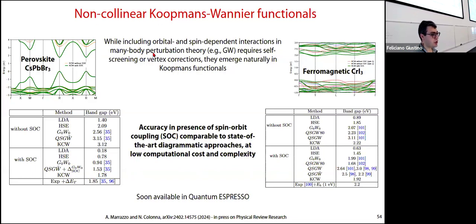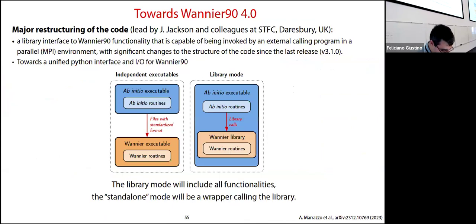And we think that this is because we have orbital and spin-dependent screening and interactions that, in a many-body perturbation theory framework, would be like enforcing vertex corrections, which are much more complex to calculate. And this is going to be available in Quantum Espresso very soon, probably already in the last or the following release, okay? And now I'm coming towards the end, so let's go back a bit to the code, and